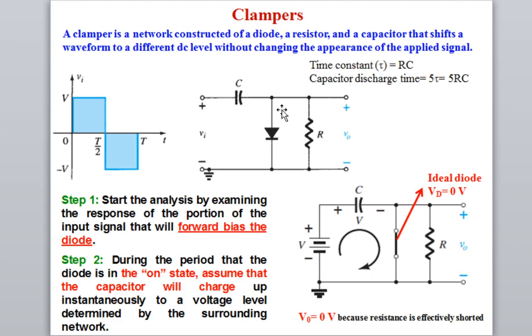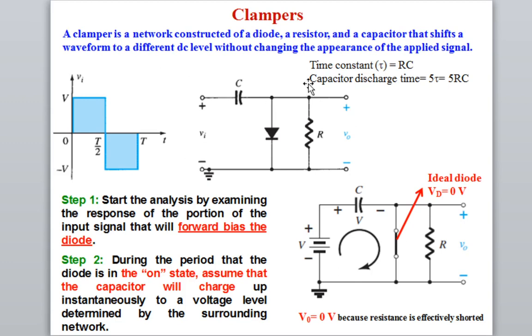But when you go for solving the numerical problem, you may be given some bias voltage for the diode. Some input DC voltage may be applied at the diode, maybe at this side or maybe at this side. Okay, but let us first understand the simple circuit, and then I will explain a numerical problem. So in order to solve such numerical problems, I have mentioned a few steps: step 1, step 2, step 3, step 4, step 5.